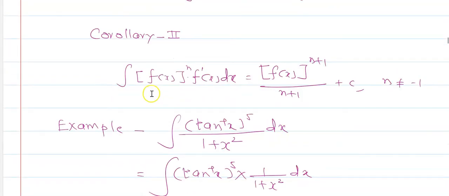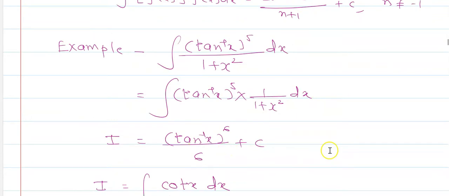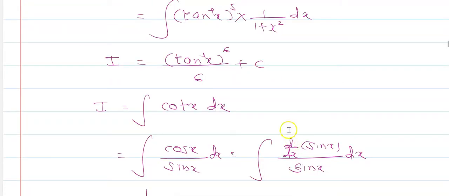And in this way, we have a function f(x), and its derivative, f(x) raised to n plus 1 upon n plus 1, and we can write this in its integral. Now, there are some integrals, that is tan of x, cot of x, sec of x, cosec x. Now we know the derivative of tan x is sec square x. Therefore, we can find directly the integral of sec square x, which is tan of x.